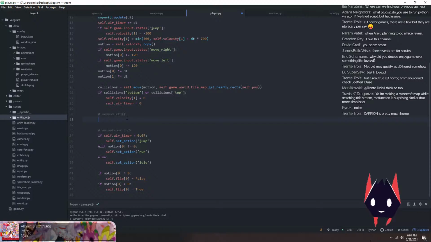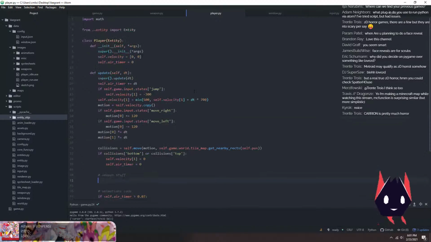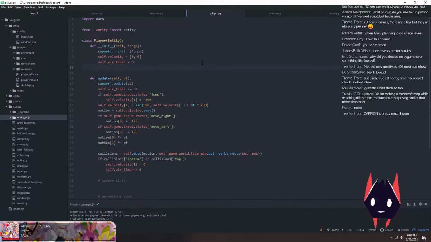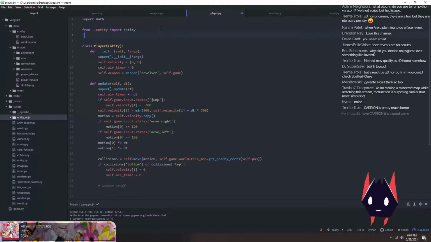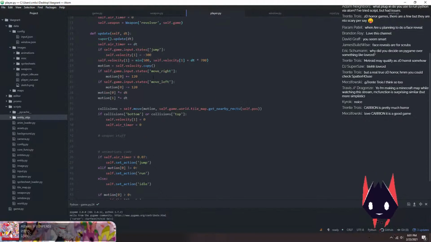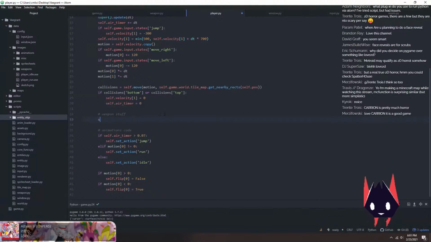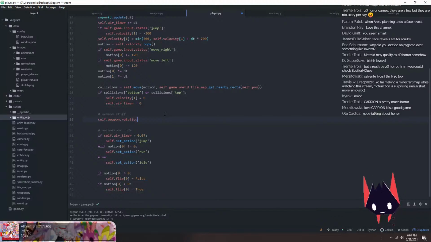self.rotation. Wait, no. I remember writing pass, but this thing does need a weapon. So self.weapon equals Weapon, revolver, and then game. From .weapon import Weapon. So self.weapon.rotation equals